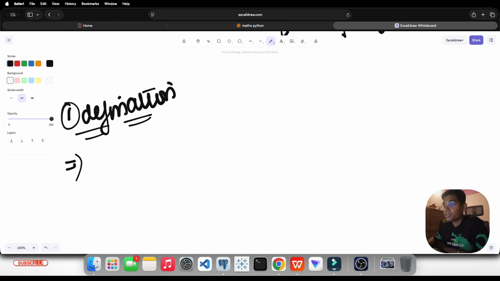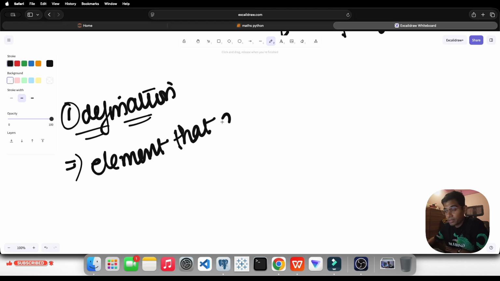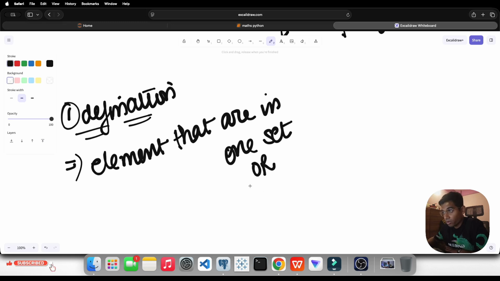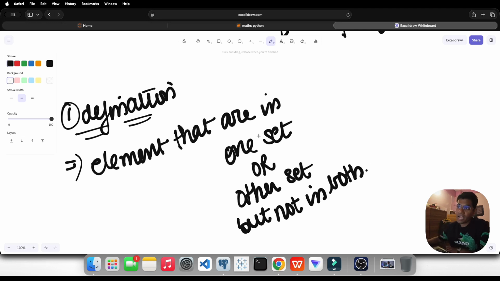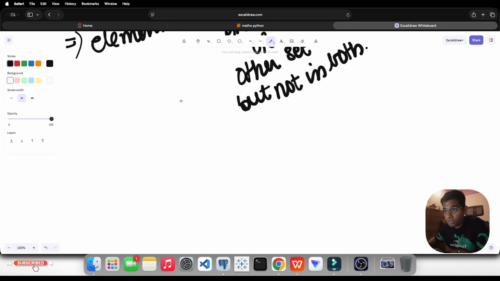Symmetric difference means, simple as it is, elements that are in one set or the other set but not in both. I mean to say, if I show you like this,